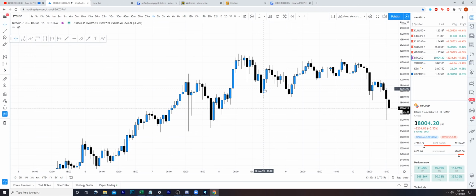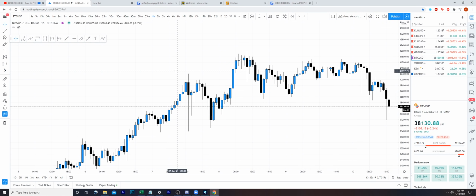Now, if we use a confluence of a higher time frame with a lower time frame entry, then of course our idea of where it could be heading could be more grounded in more succinct or logical ideas of target areas. However, it does not mean at all that that area has to be targeted, because a 4-hour area of liquidity